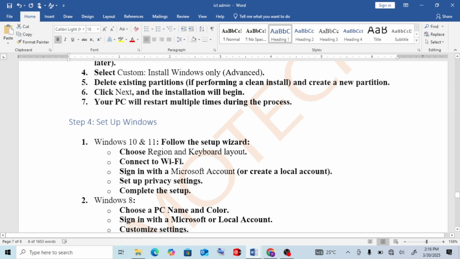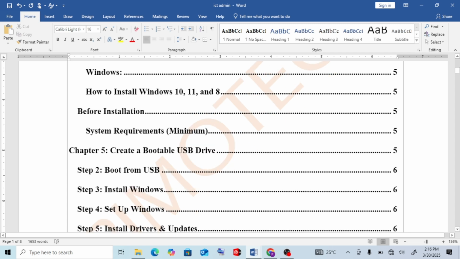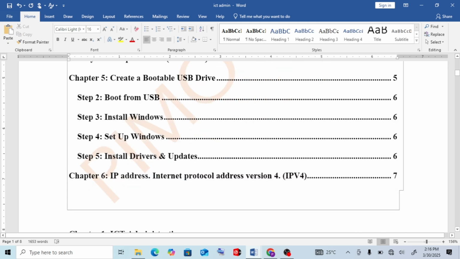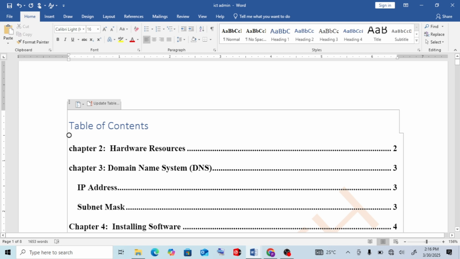Now let us go to our table of content. As you see, we have only 6 chapters, which stops at IP address, but we have included another chapter. So we have a provision on the top of the table of content which says update the table.